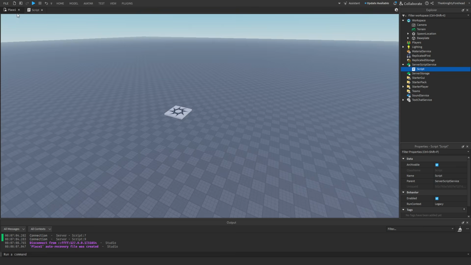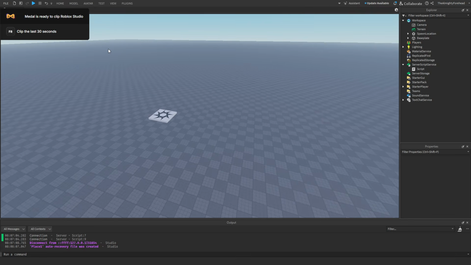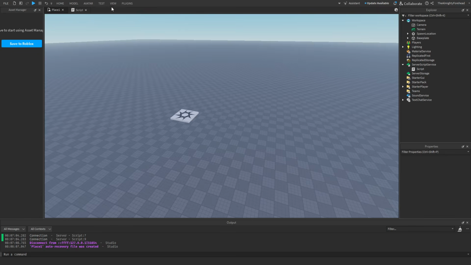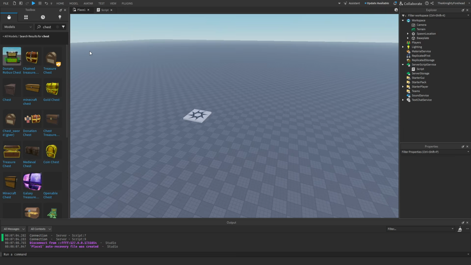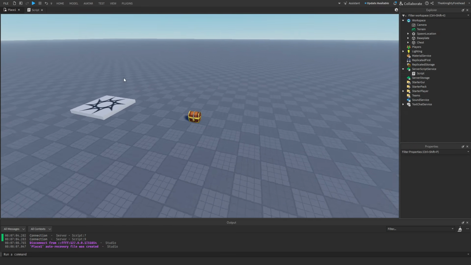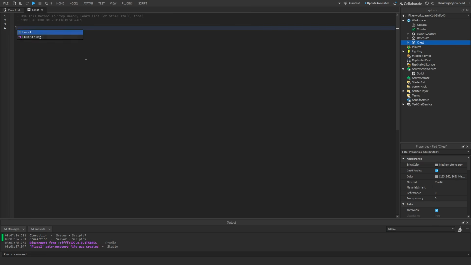Now, how about some examples, right? I think one of the biggest examples that I've thought of is, let's say you have a chest in your world, right? So let's open up the toolbox. Let's get a chest. We can drag this out here. Okay. Let's say we have this. Sorry guys, I just woke up. Whatever. Let's say you have a chest, okay? So we're gonna get this chest,